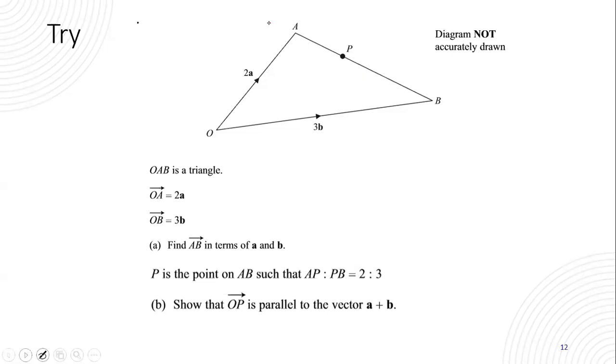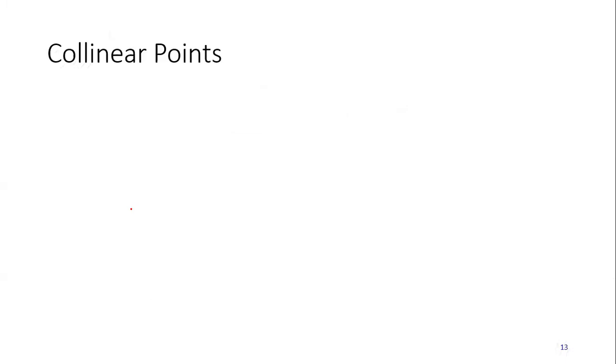Okay, we can continue. Now, I want to first talk about what we call collinearity. When they talk about collinearity in math, here they mean points that lie along a straight line. Collinearity means that you are looking at, do those points lie along the same line? Do they lie along a straight line? So collinearity simply means points that lie along a straight line.